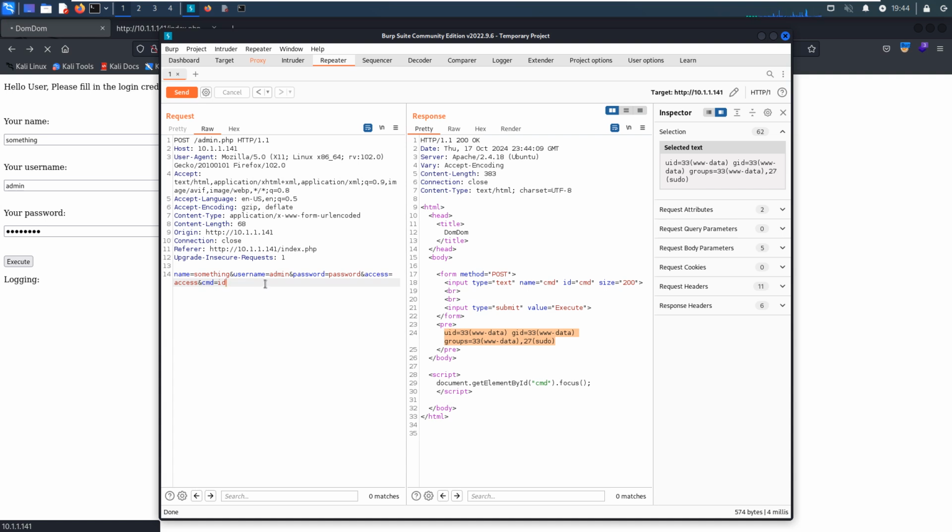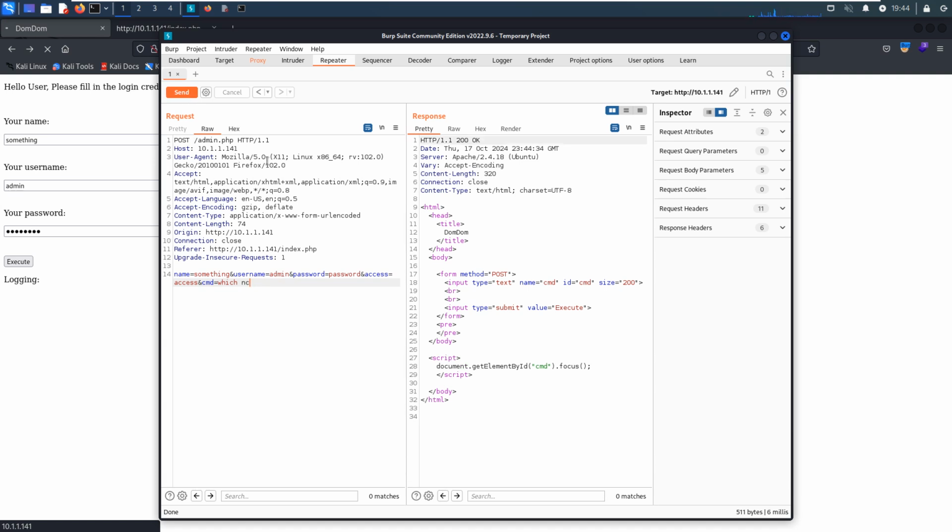And so next, now it's very clear what we should do next. We need to get the initial foothold on the target. To do that, we need to do some checks. For example, we need to check whether netcat is there on the target or not. So netcat is not there.